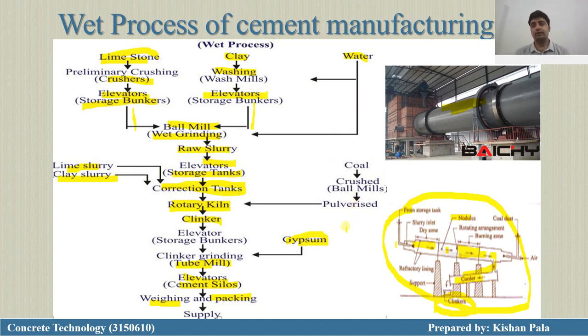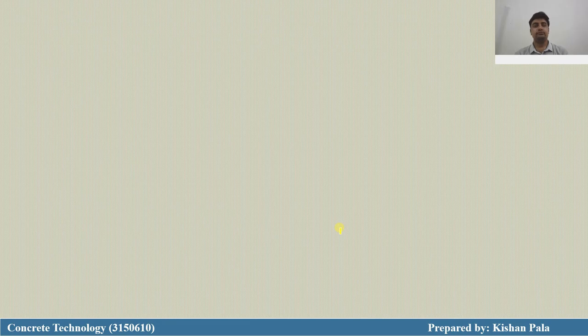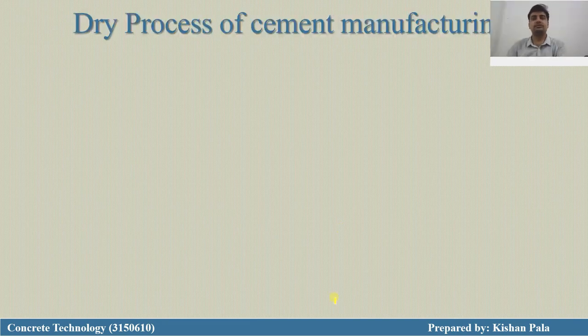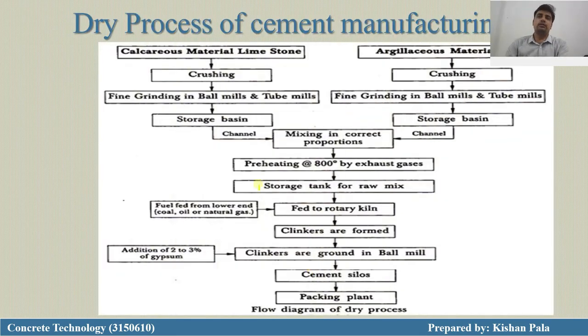Now we have to understand the dry process of cement manufacture. This process starts from the crushing of the limestone and fine grinding in the ball mills and tube mills. Similarly, the clay materials are also crushed in the ball mill and fine grinding is done, and both materials are stored in the storage basin, and both materials are